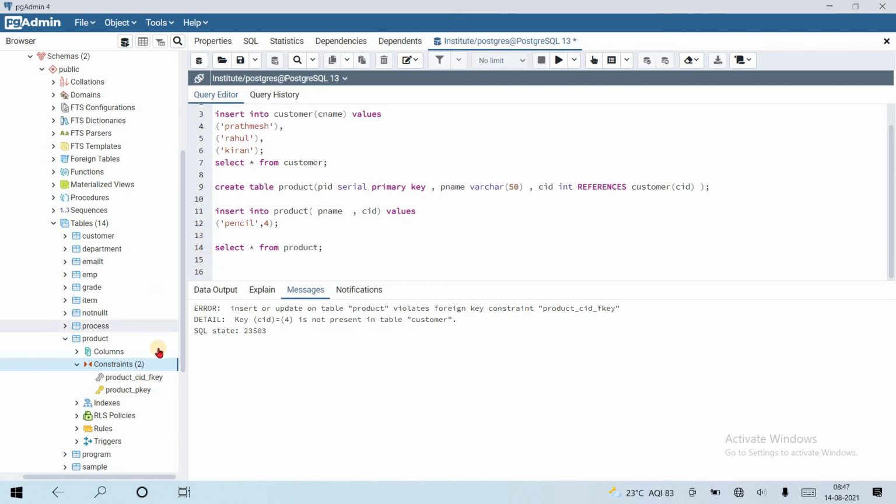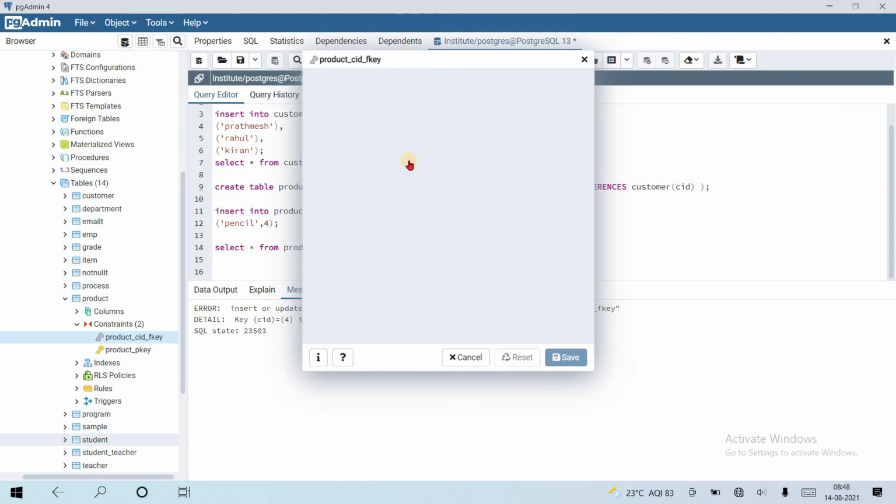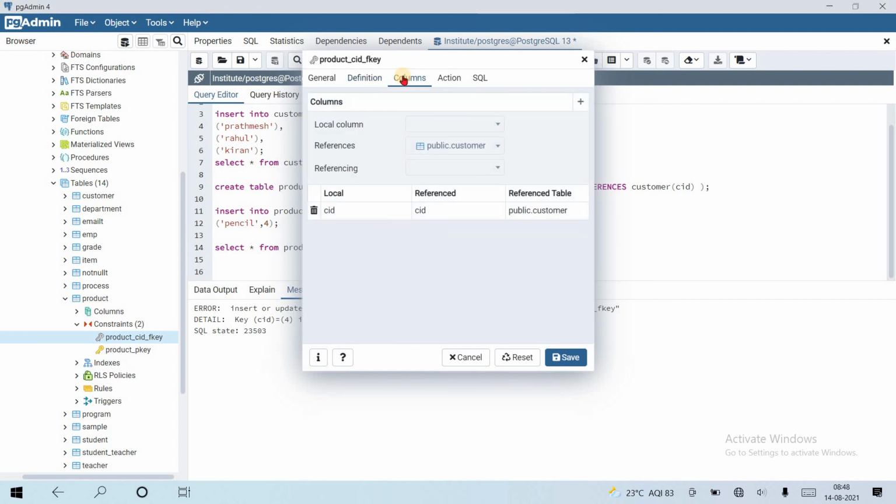If I go to constraint and right click on this foreign key, inside properties, in the definition section you can see the key CID, the covering index, auto fkey index on the column CID.